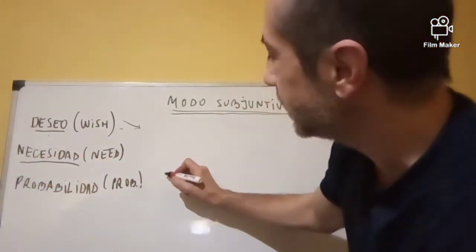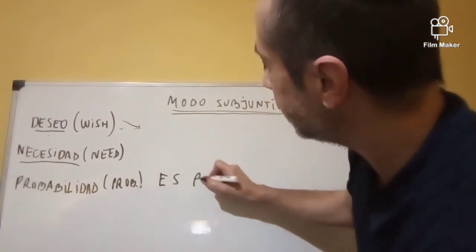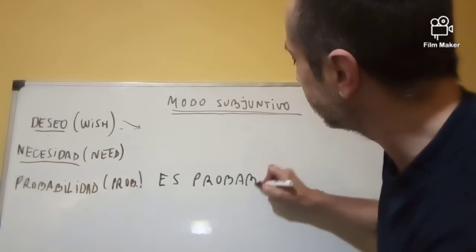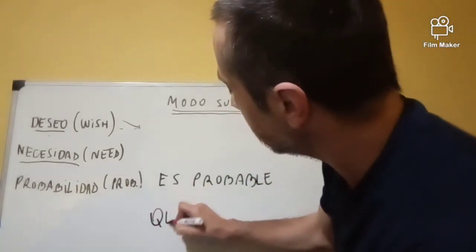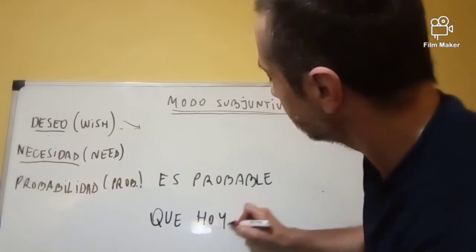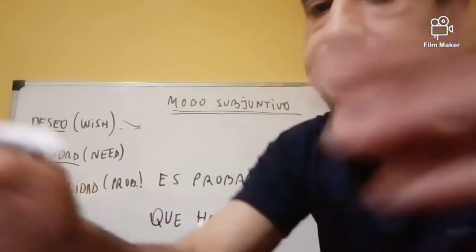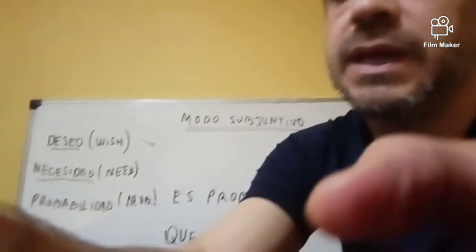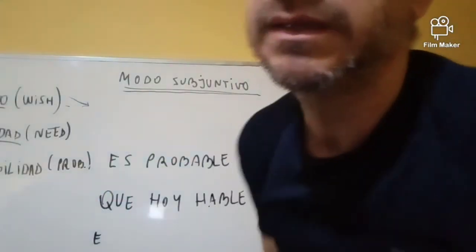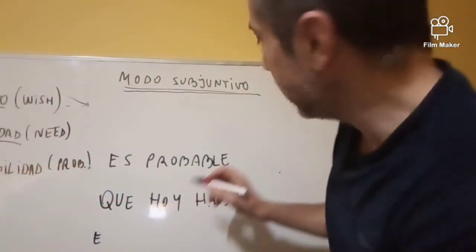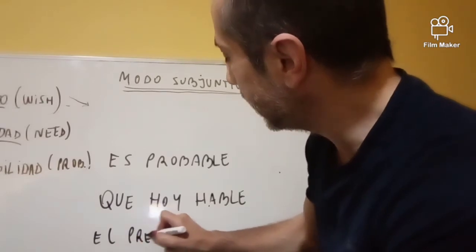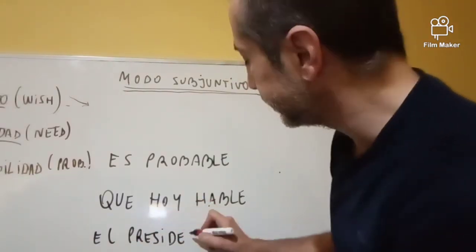Es probable que hoy hable el presidente. Those are the disadvantages of not having a cameraman here. Es probable que hoy hable el presidente. Well, our president